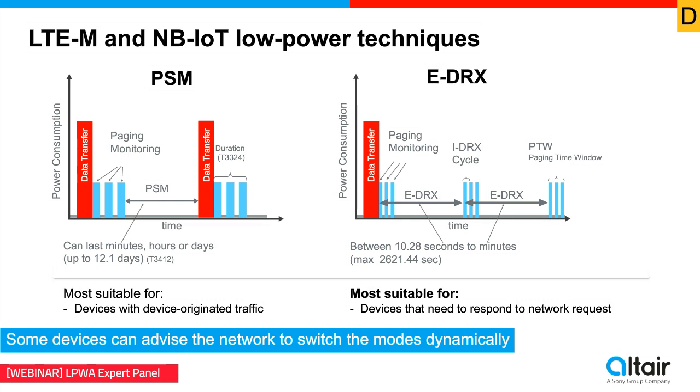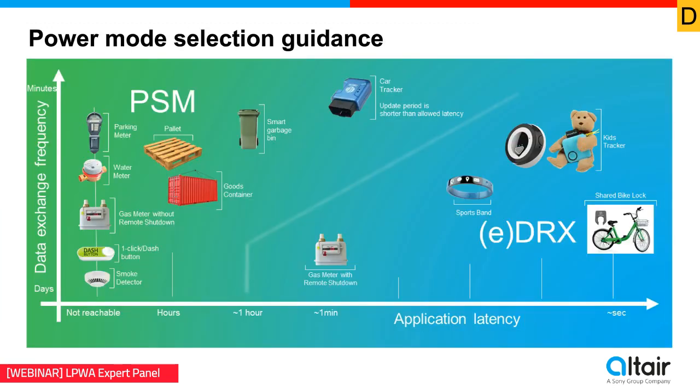The other method is called eDRX, which stands for Extended Discontinuous Reception, where the device goes to sleep for a shorter period of time, typically seconds to tens of seconds, and then it can wake up and listen to network paging. For example, it could be a tracker device and the network wants to know where the tracker is, it could send a paging message asking, hey, where is your location, and then the device could answer like our regular phones today. And once we look at those two methods, we are often asked, could you be more specific about which method should be used for each device?